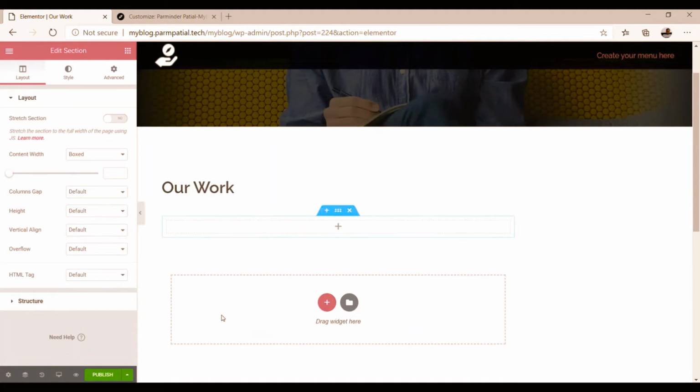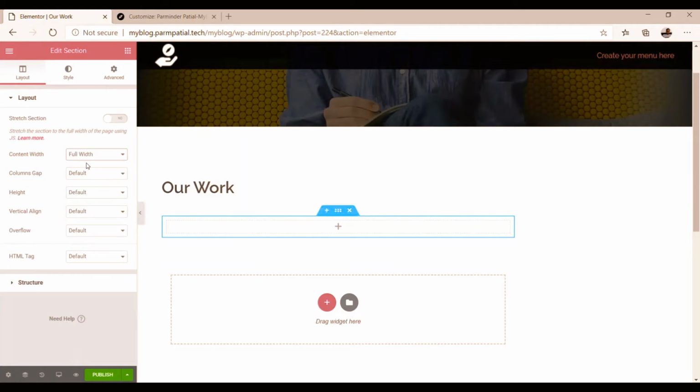So here I'm selecting the row for this, and this time from the layout option I will select the content width to be full width. Okay, the rest leave as it is, then go to the style option.